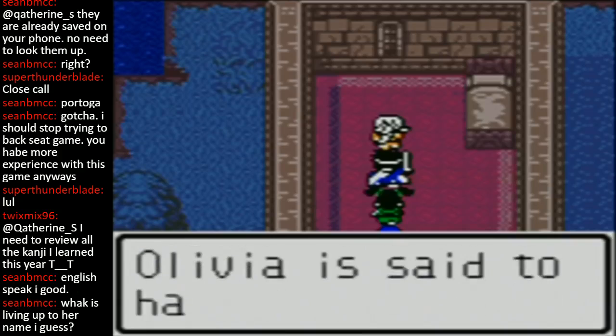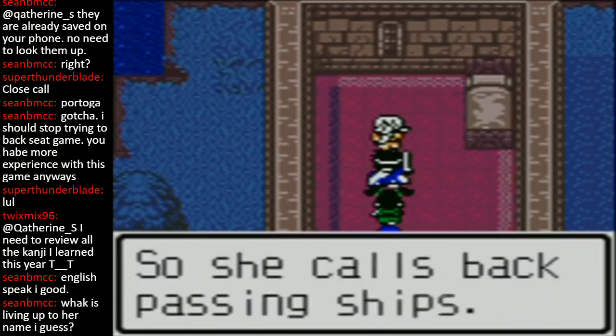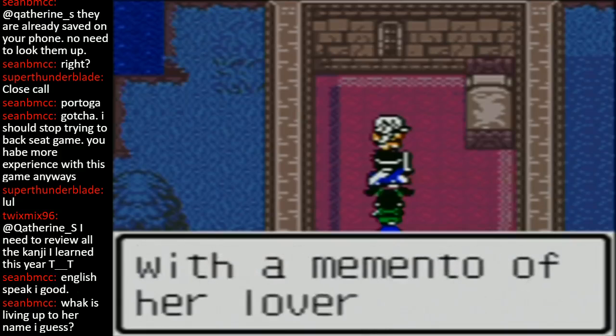This is Olivia said to have leaped to her death here when she heard of her lover's death in a storm. So she calls back. If someone were to present her soul with the memento of her...